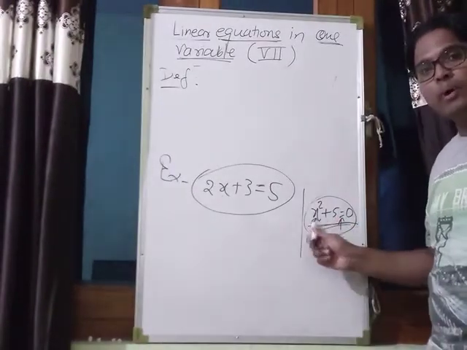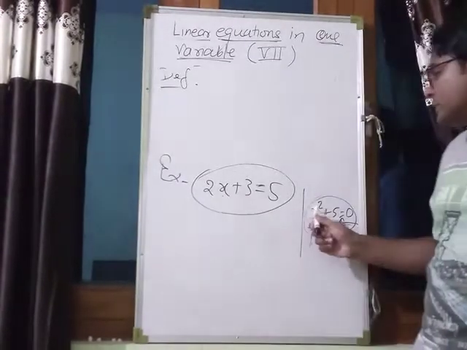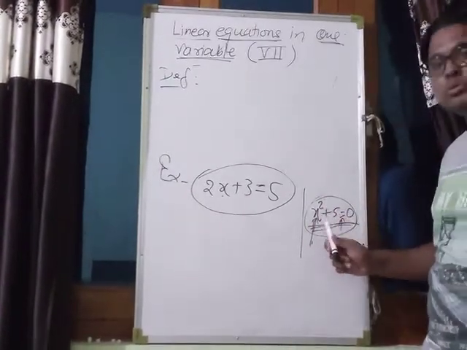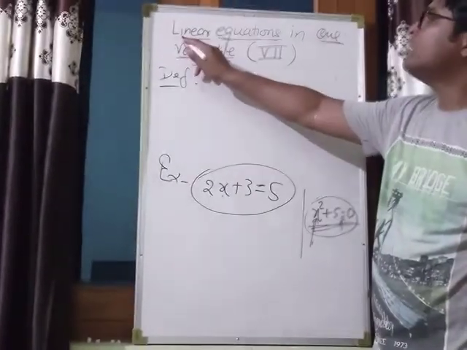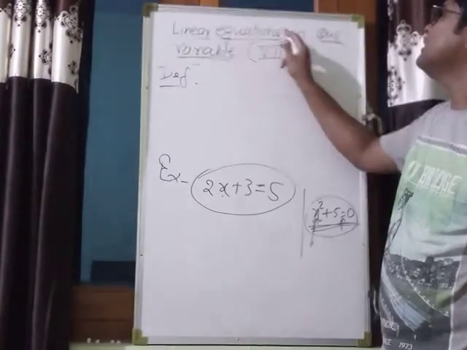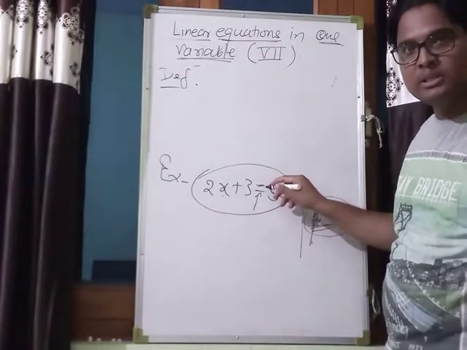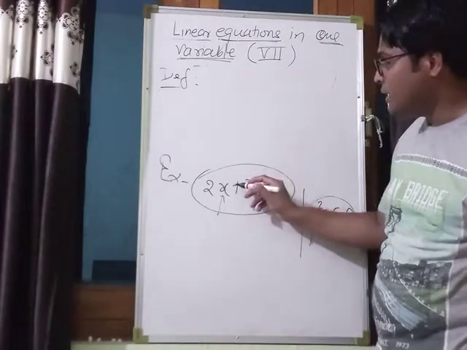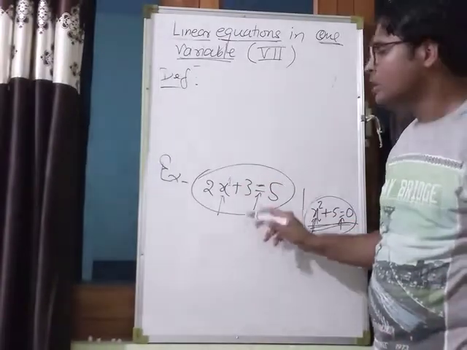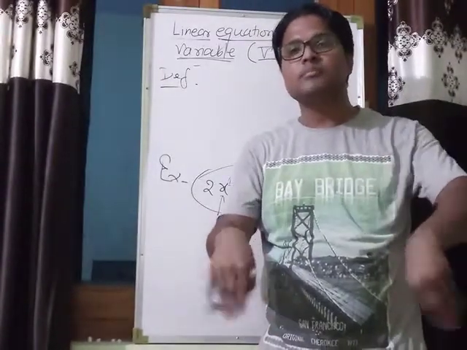So this is an equation having one variable, but its highest power of the variable is 2. That's why this is quadratic equation. And we want to read about linear equation in one variable. So clearly here equal is present. So this is an equation having one variable x and highest power of the variable is 1. That's why this is linear. Clearly this is the example of linear equation in one variable.